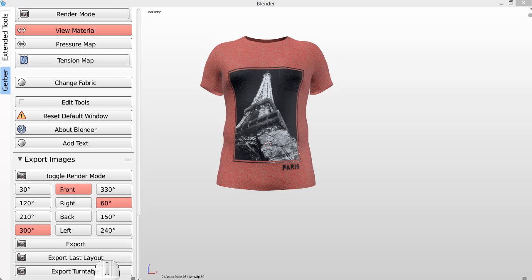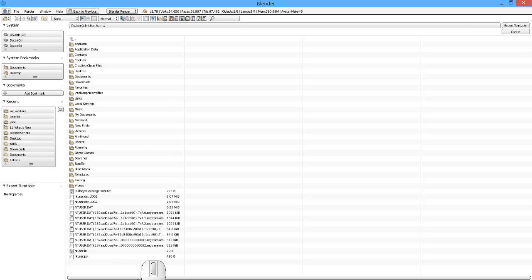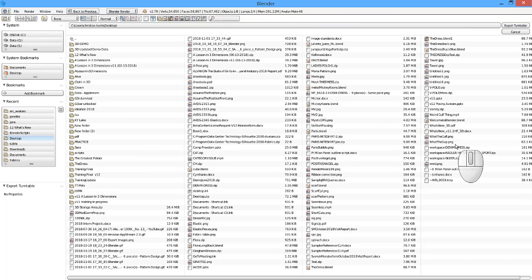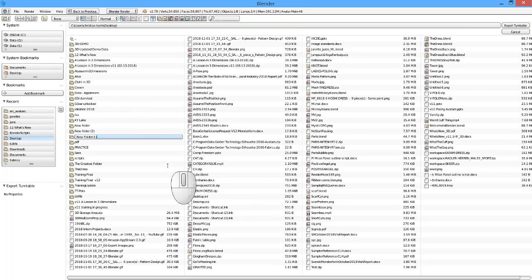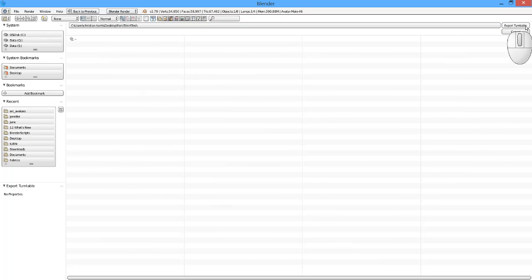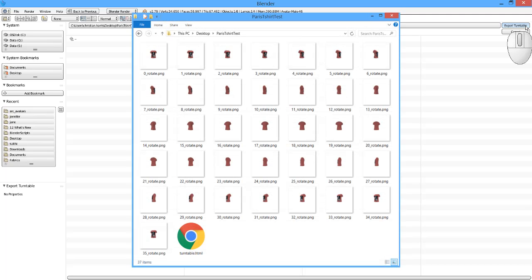Okay, so another button here in my Export Images panel is Export Turntable. This is also a feature that people have been asking for a while. So what Export Turntable does, I am going to go to my very full desktop, and I'm going to create a new directory. Save this, Paris t-shirt test. And I'm going to go here, and then I'm going to click Export Turntable. What this is going to do, and it's going to take a while, but it's going to take 36 images,